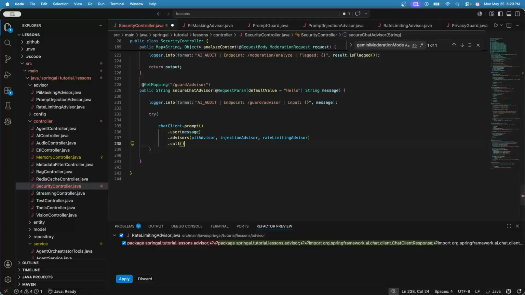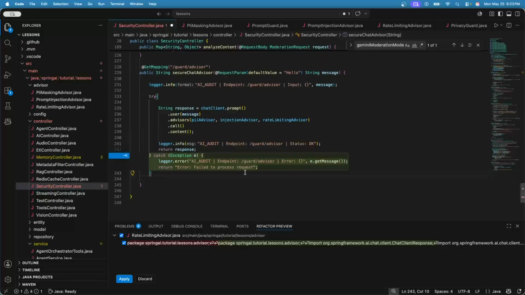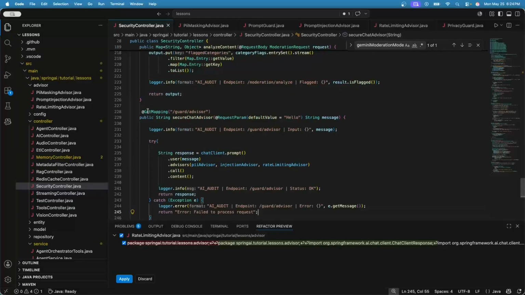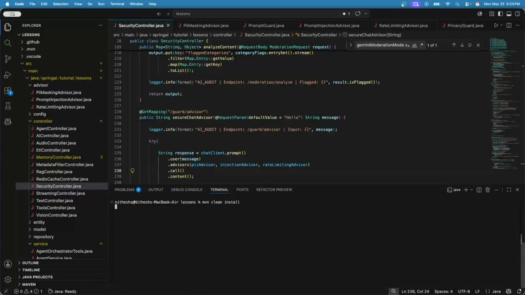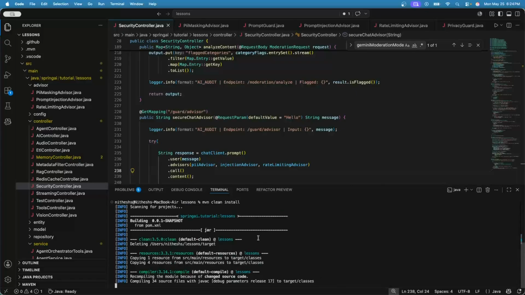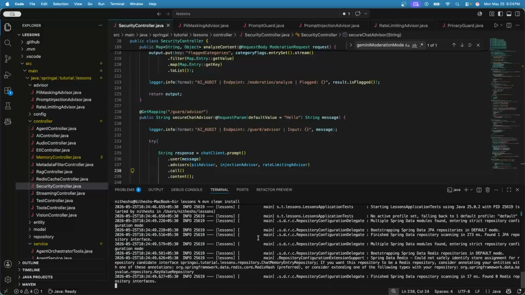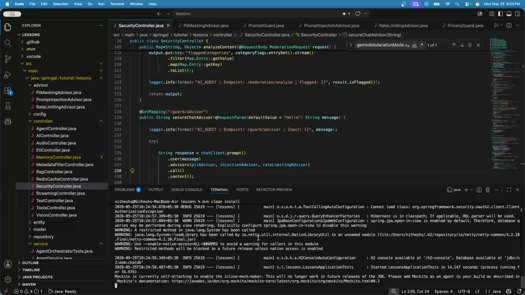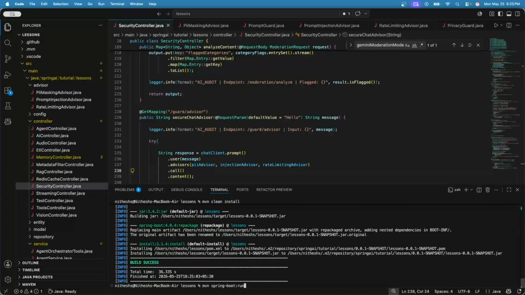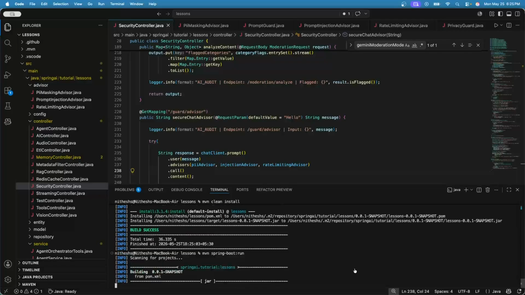After the call method, we extract the content. I will add a log statement here. We will store it in a string variable response, then return the response. We'll add a catch block. Now the implementation of this API is complete. Let me clear the terminal, build the application, and run. I'll bring up my Postman,